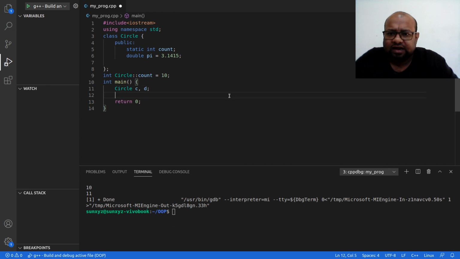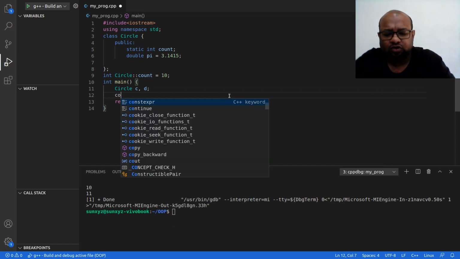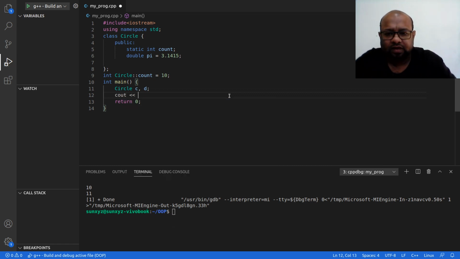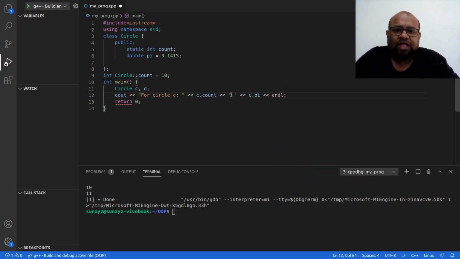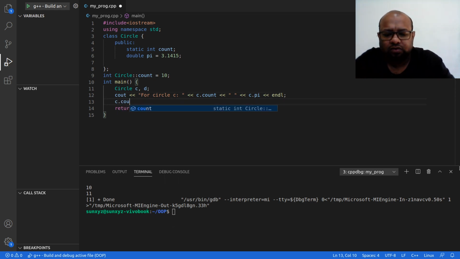And then what I am going to do is print for Circle C. I am going to print C dot count, then a space, and then C dot pi. And I am going to print a new line, and then in the next line I am going to update C dot count.